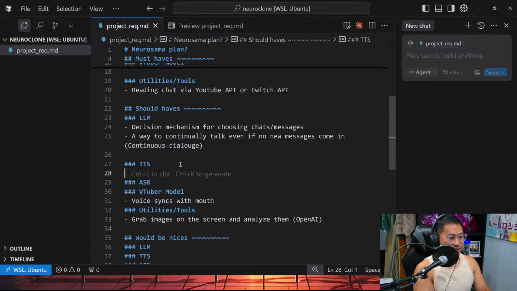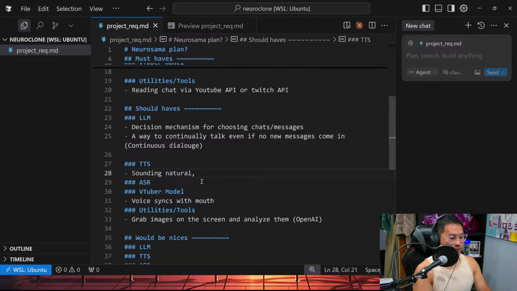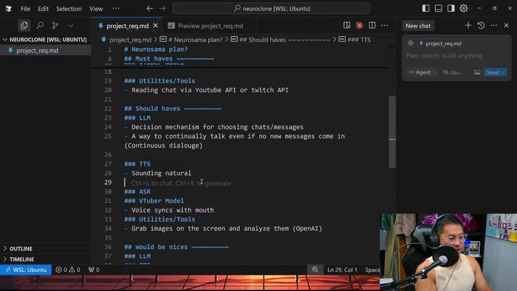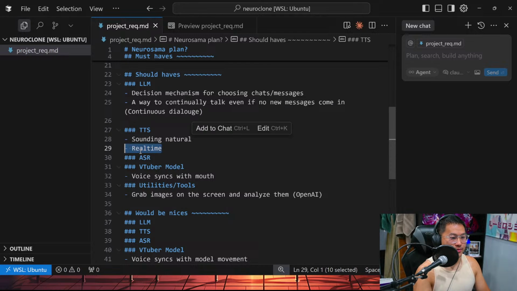And then text-to-speech should sound natural. I'd say real time. I mean, that should be possible. Real time. We'll leave it at that.